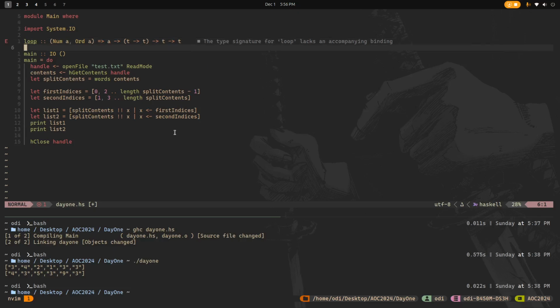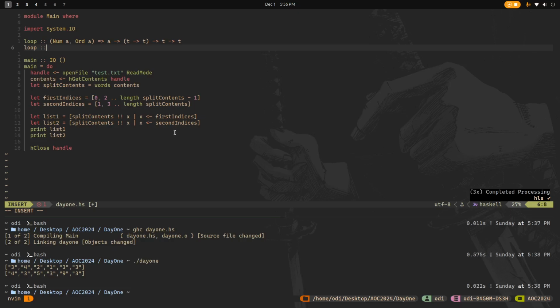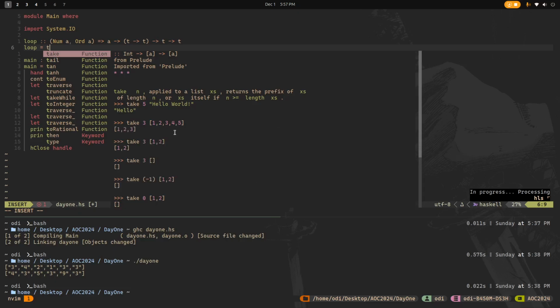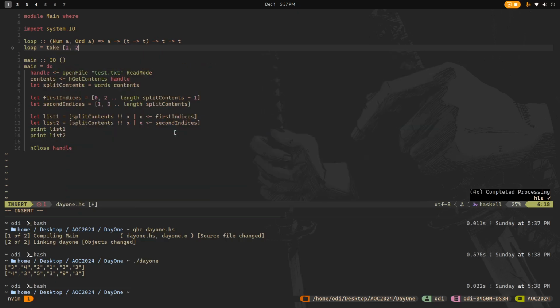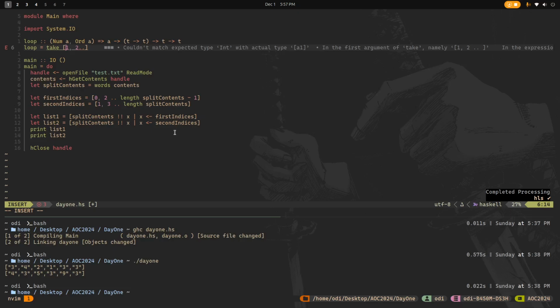The type signature for loop lacks an accompanying binding. Oh, right. We don't actually define it. Let's say loop is equal to take from 1 to... Oops. Take 10. Oh, right. We gotta return something. Or do we? I actually don't know. Do we have to return something? Maybe. Maybe not. Anyways,